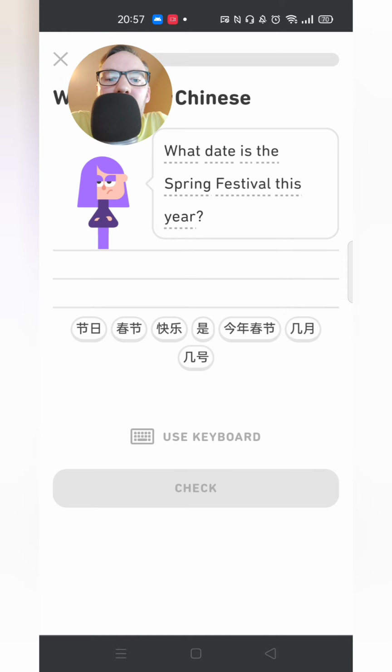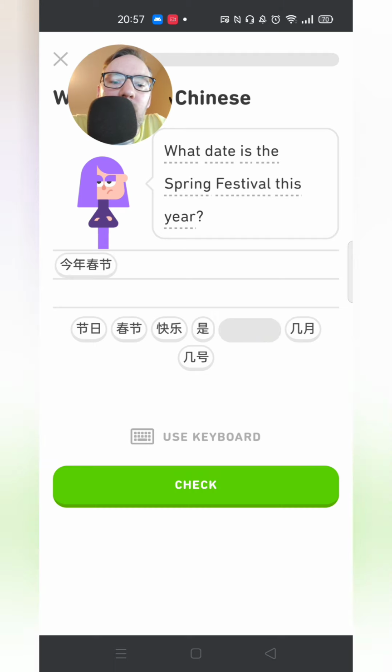What date is the Spring Festival this year? 今年春节是几号? 几月几号? What date is the Spring Festival this year? 今年春节是几月几号. 节日, festival. 春节, Spring Festival. 快乐, happy.